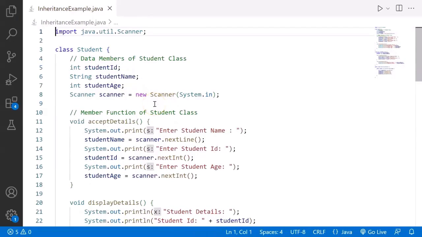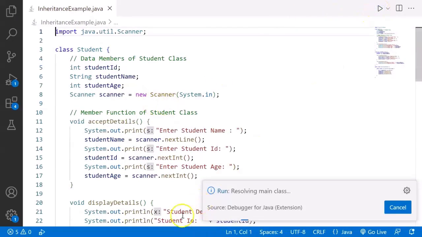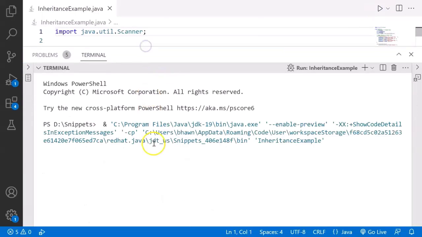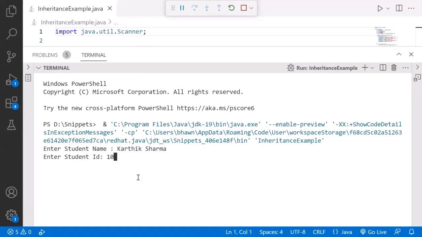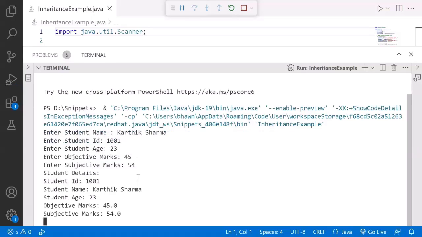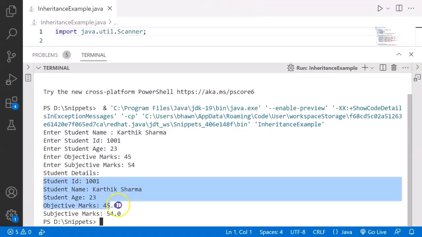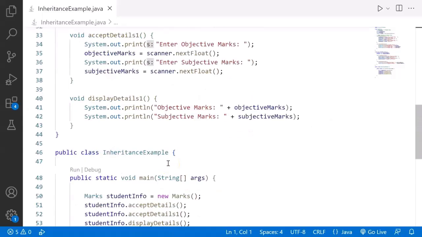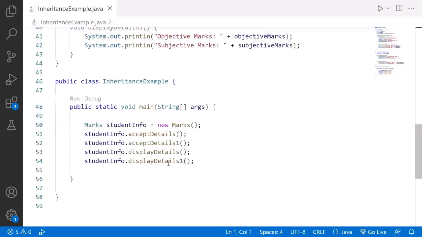Let me just try to run this program and help you out. So you can see that it's accepting the student detail, naming it as Karthik Sharma. Student ID is 1001, age is 23, and the objective marks and subjective marks details are getting printed respectively. I hope this basic skeleton of inheritance is clear to you. We have more behaviors coming in inheritance